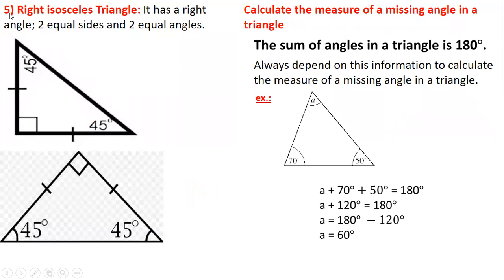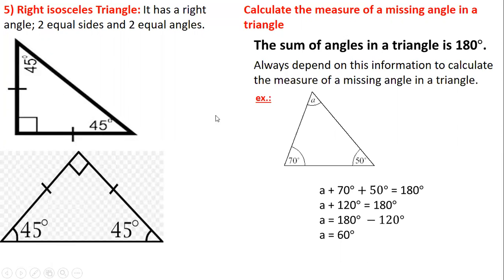The final triangle is the right isosceles triangle. It is right because one of its angles is 90 degrees. Isosceles, it has 2 equal sides and 2 equal angles. So this will be the special vertex where the right angle is. These are the equal sides, as you can see from the marks. Since this is 90 degrees, the equal angles, each one of them in a right isosceles triangle will be